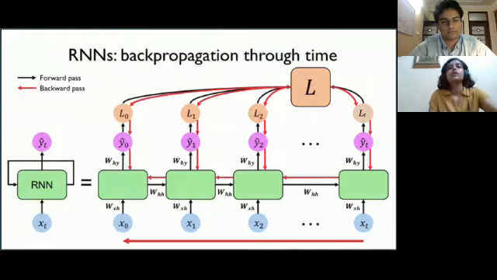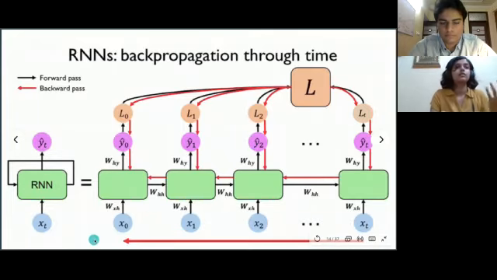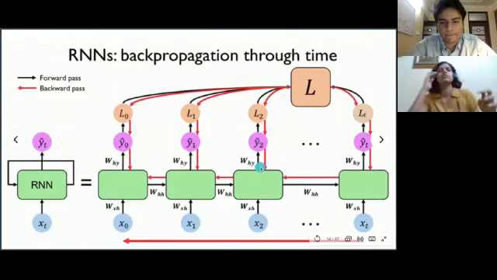Let's say you want to update your output weight matrix. First you take the derivative with respect to y hat naught, and then you take the derivative with respect to the hidden state multiplied by the specific weight matrix, and then you finally take the derivative of the product that you have with respect to the output weight matrix. So let me just repeat. I think I got a little confused there.